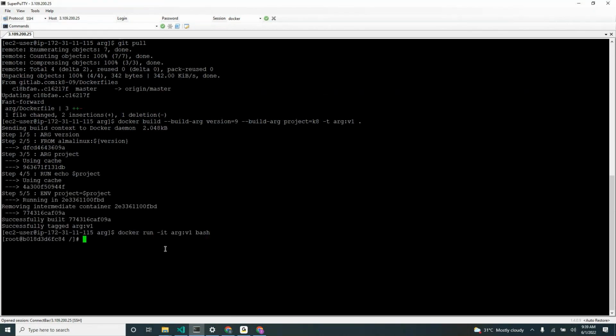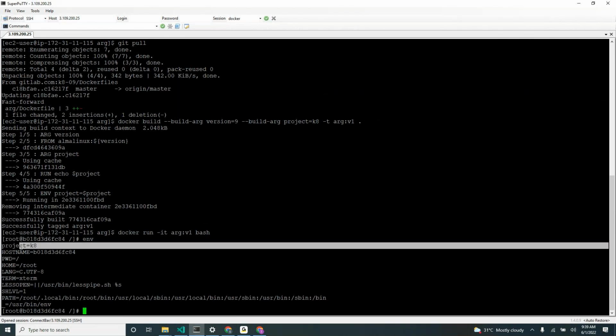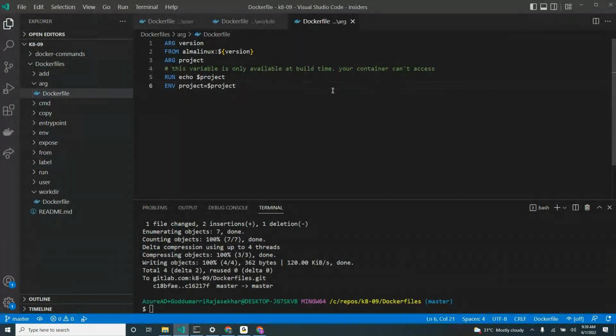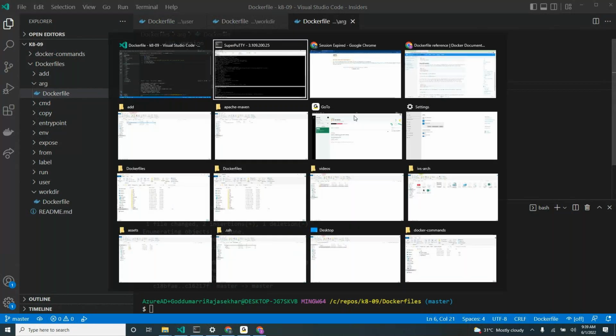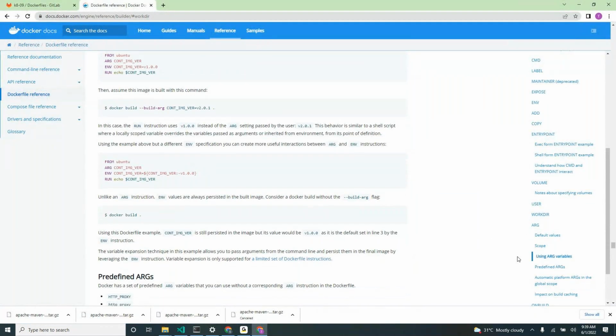Now you give env, you can see project equal to K8. So this is how you will use the combination of both arg and env. Okay, but the main difference is arg is available only for the Docker build time, env is available for the container. What is it about arg? And then let us go to